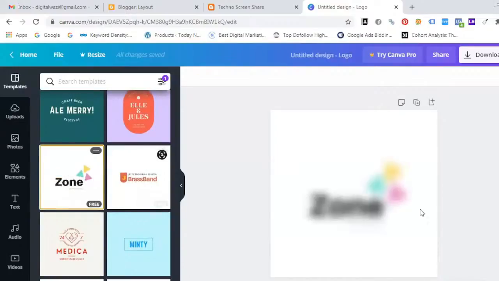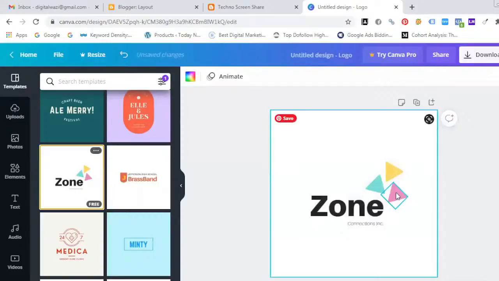You can take this one. So take the horizontal one.